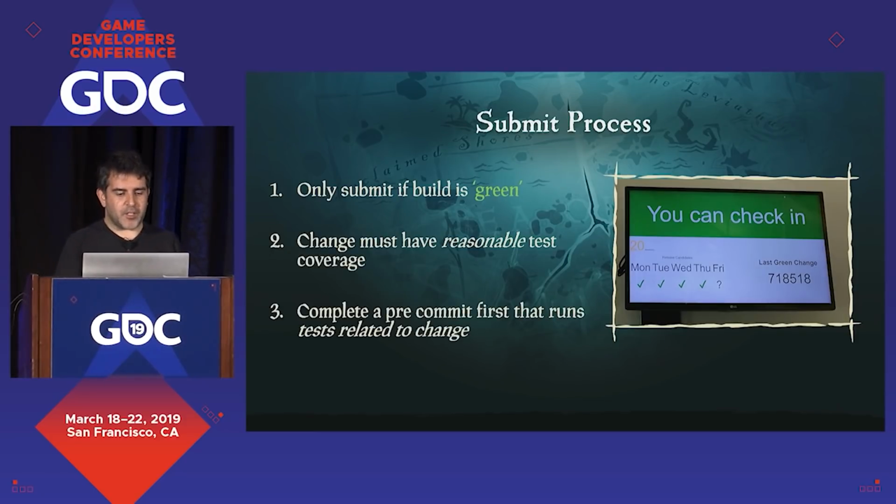And the third thing is that we ask people to run a pre-commit first. Obviously engineers or developers need to take some responsibility for submitting changes. They need to check that they're working correctly. We could have asked them to run automated tests locally, but that would have taken a bit of time. Also, there's every chance they could forget, and running all the tests isn't really practical because there's a lot of them. So they would have to pick which tests are relevant to their change, which is going to be prone to error. So instead, we ask all our developers to run a pre-commit first,